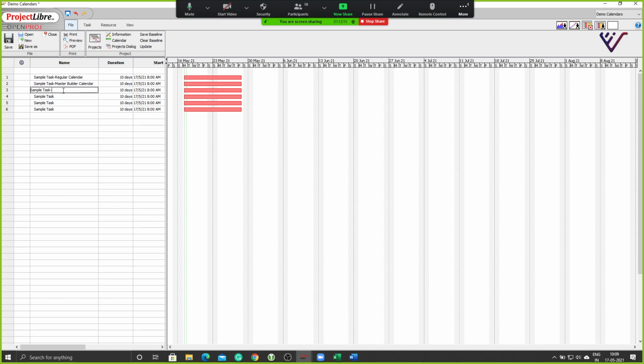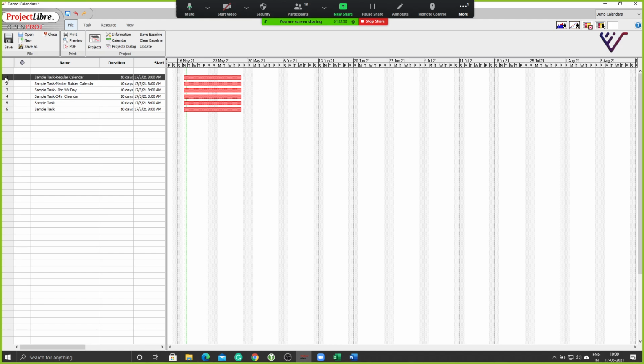In the third one, I'm going to call it, which one was the other one we created? 10-hour workday, right? The 10-hour workday calendar. This one follows the 10-hour workday calendar, and this activity will follow the 24-hour work calendar. Okay, I think that should be enough.